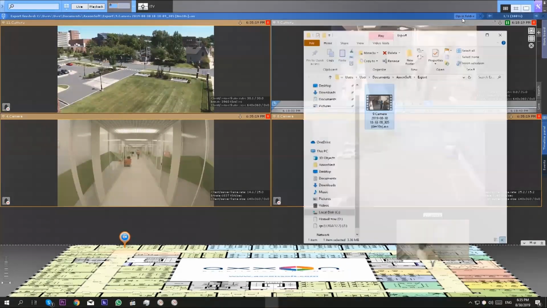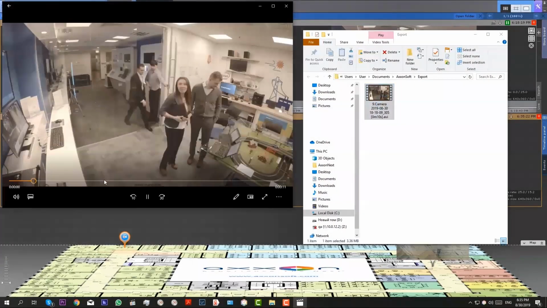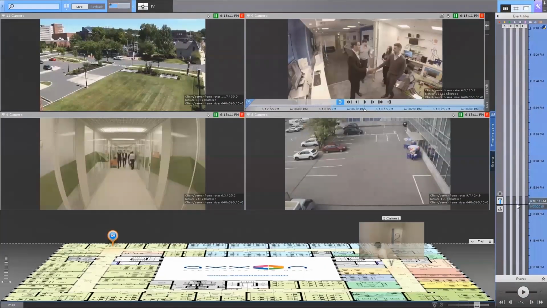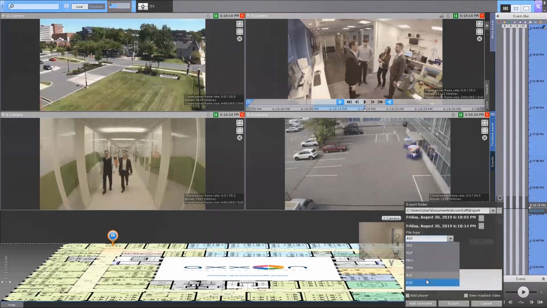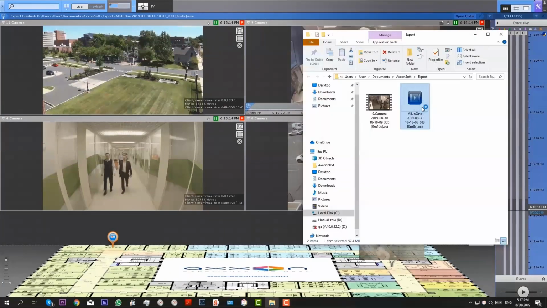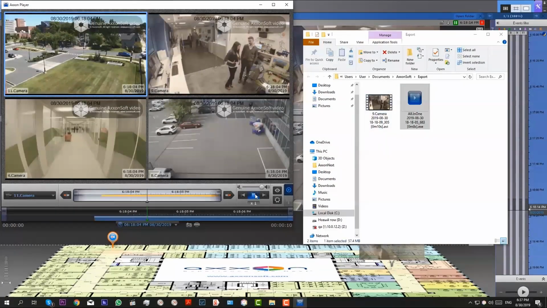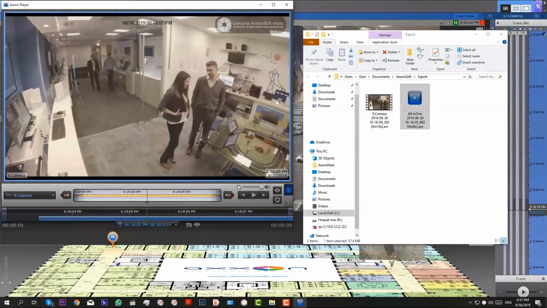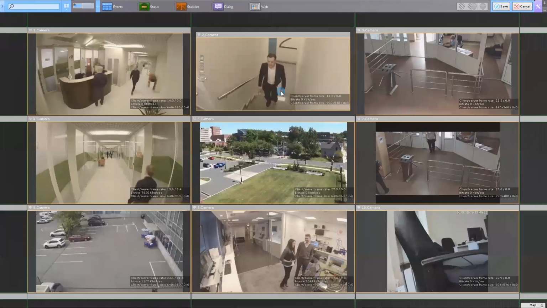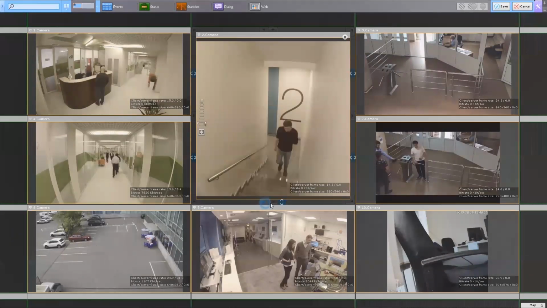In our software, an image or video clip can be exported in a single click from live video or archive mode in different formats. The exported part can be found and viewed in just a couple of clicks. You can simultaneously export video from different cameras and play them in the Axon Play utility. You can do it separately or all at once.